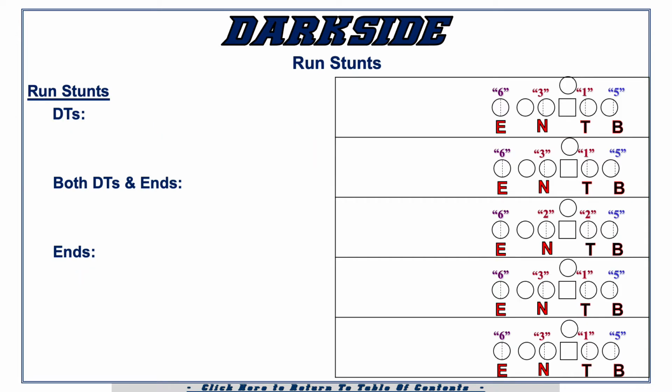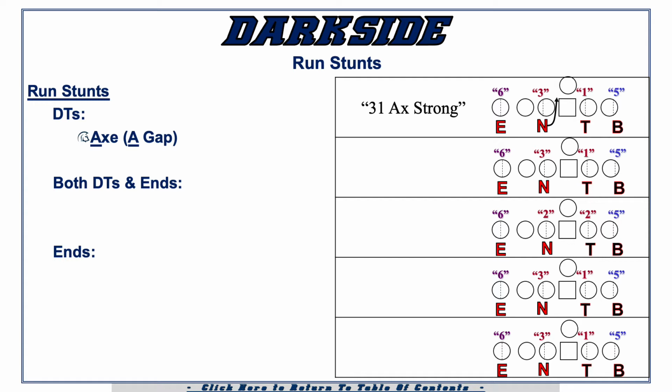So now let's take a solid look at what we have. These are most of the stunts that we'll use in run downs when we think we're going to get run game, and I've got them split into three groups: DT moves, DT and end moves, and then just end moves. So like we mentioned, this is 31 axe strong. As you can see, I would signal it in exactly that format, axe strong. So if you're the nose, you know you always line up on the strong side. That means I'm telling you axe.